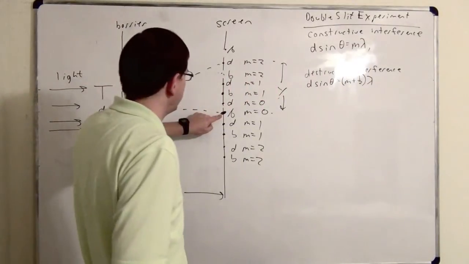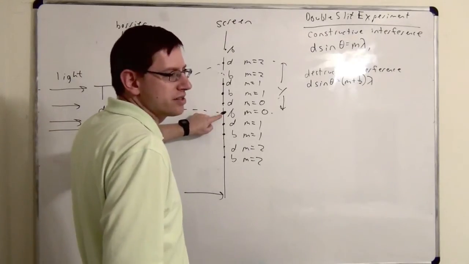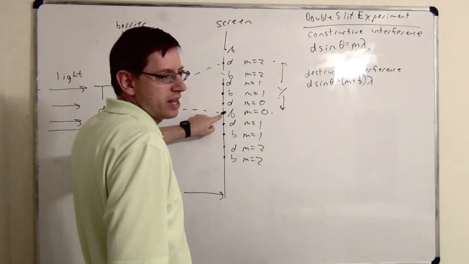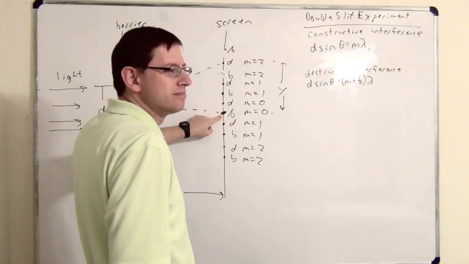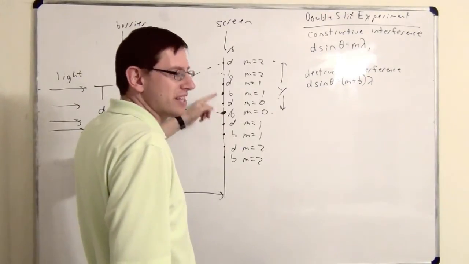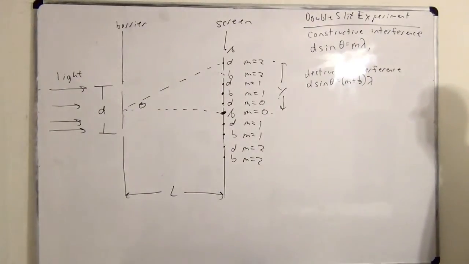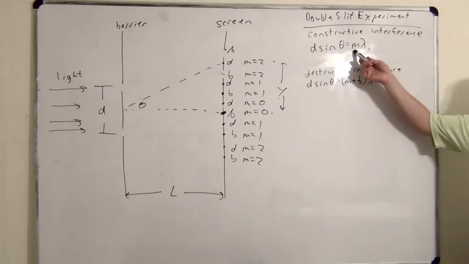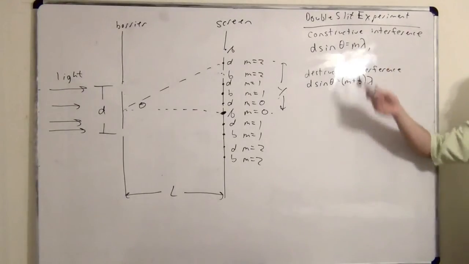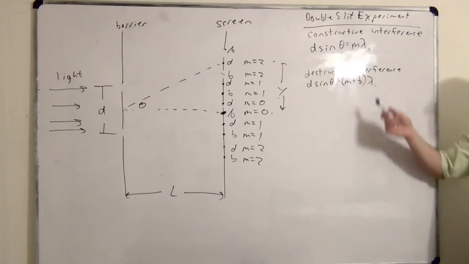What's theta for this point? 0. Yeah, 0. Because it's 0 degrees above the central axis. What's the sine of 0? The sine of 0 is 0. That's true. Yes. Whenever you write one of these equations here, you have to say what the possible values are for m. What's the smallest possible value that would make sense for m here? 0.